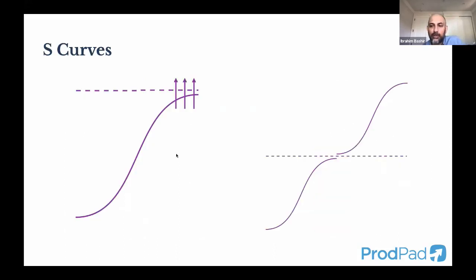So what do you do if you're about to hit this ceiling? Well, there's really two ways to navigate through it. The first is it's not a real ceiling. We're just hitting an artificial plateau, and we need to rethink how we approach this thing and bust through it and really just elongate the S curve.